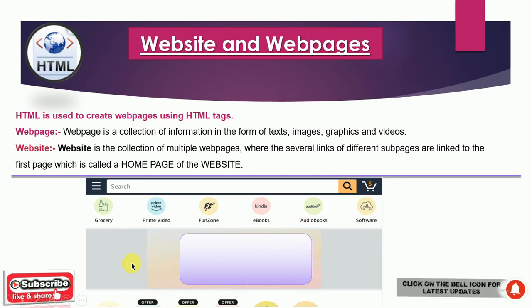These options are the sub pages, or the links you can say, and they are linked to the first page, which is called the home page of the website. So this is the basic introduction to web page and website.